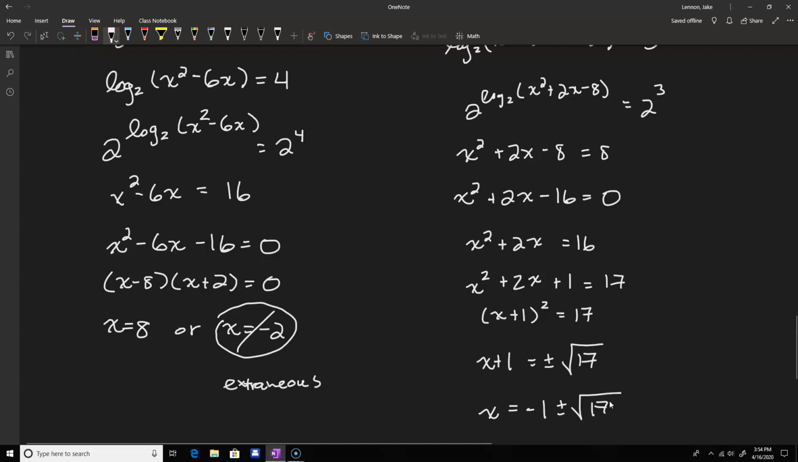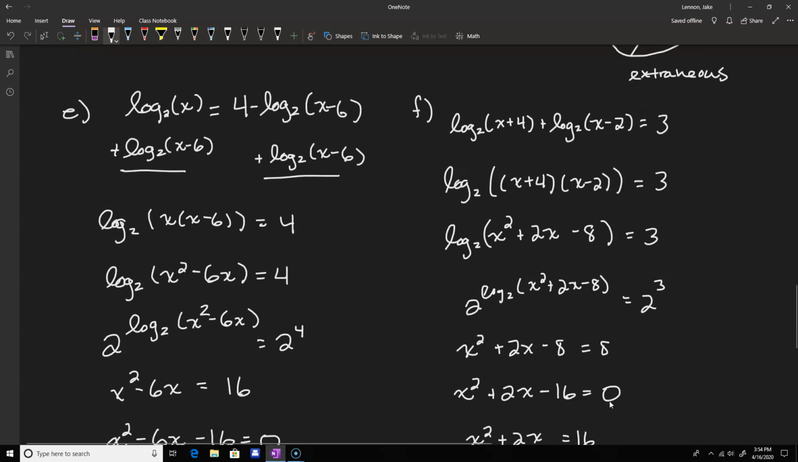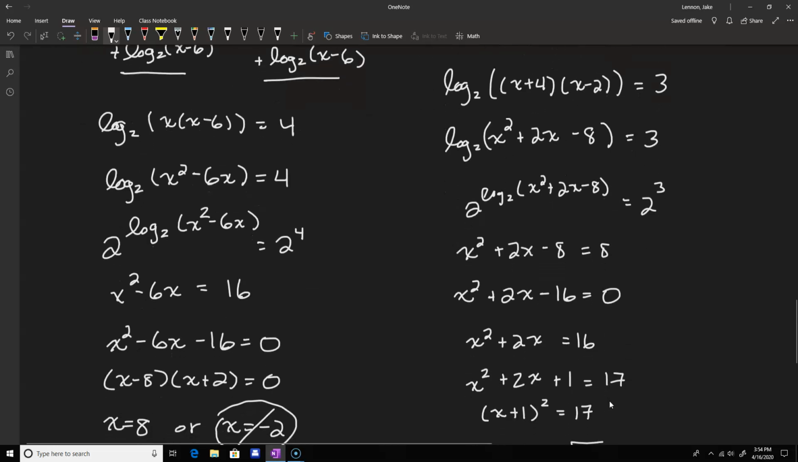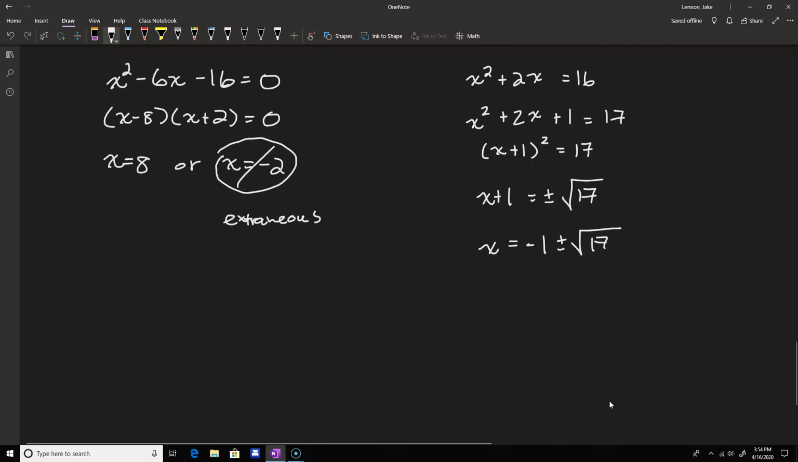Again, negative 1 minus the square root of 17 is going to be a negative value. So if you look at x minus 2, that's going to end up being a negative number, so that's going to be extraneous. If we look at square root of 17 minus 1, why don't I write those down for you? I'll write down the approximations. So x equals negative 1 minus the square root of 17. This comes out to negative 5.12, whereas